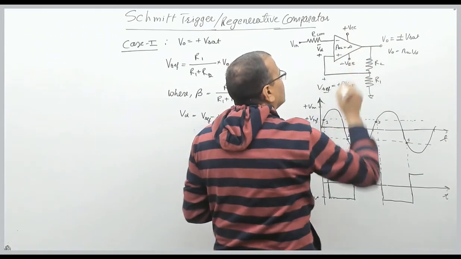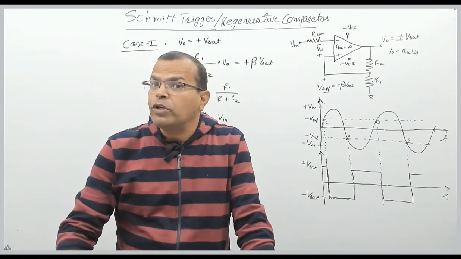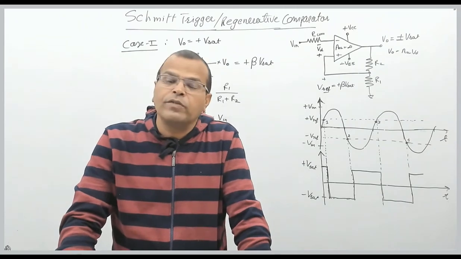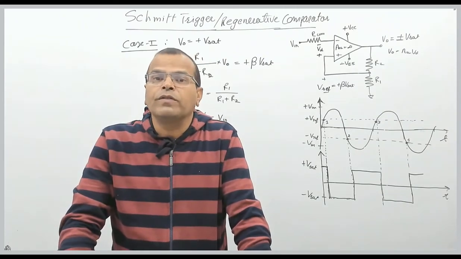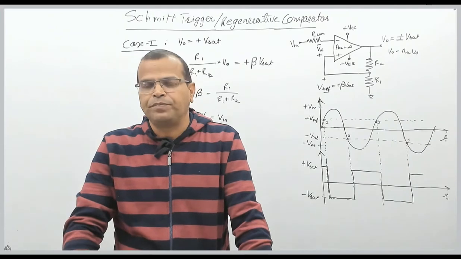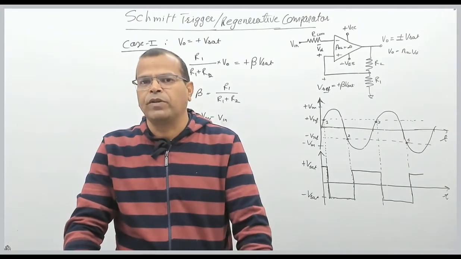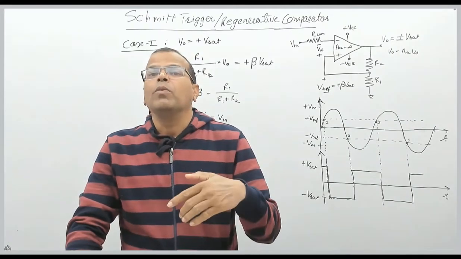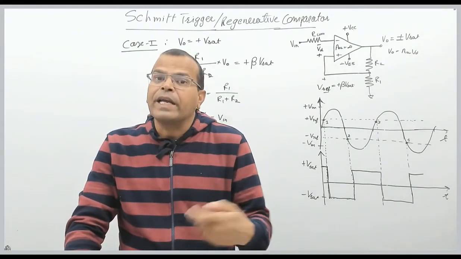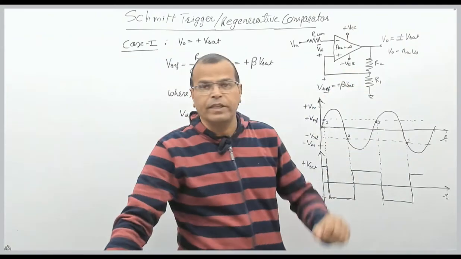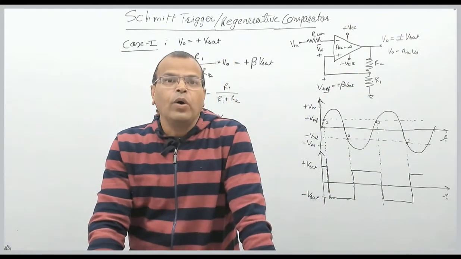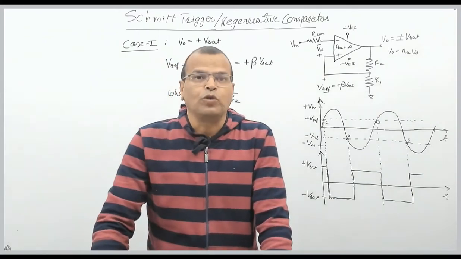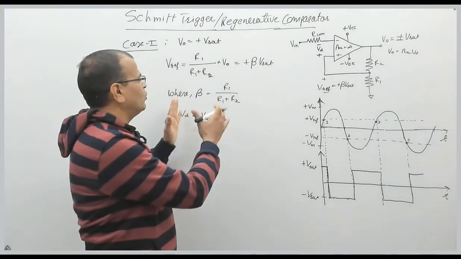But in fact, output voltage of op-amp is not equal to supply voltage, because there are some losses in the circuit, in the internal components of the operational amplifier. Because of that, output voltage is less than the magnitude of supply voltage, either less than VCC, or you can say less negative than VEE, right? So that is how we get the output. Now come back to this point.